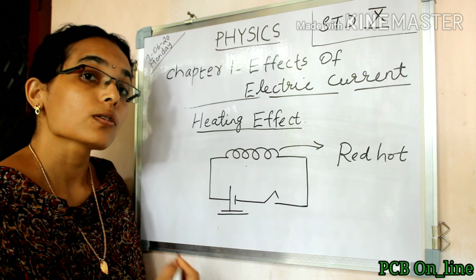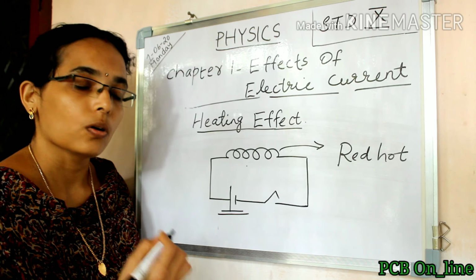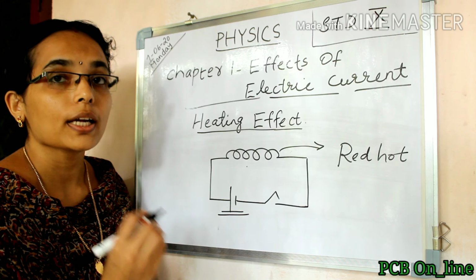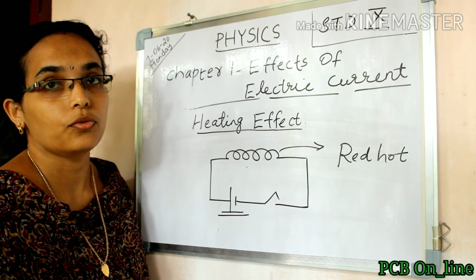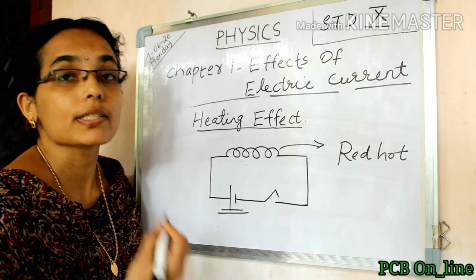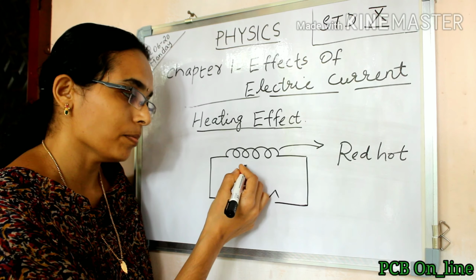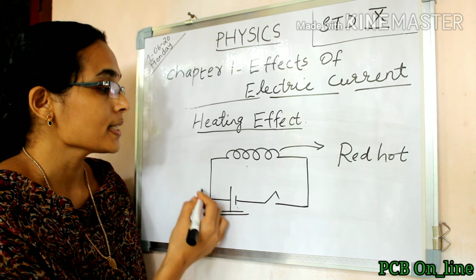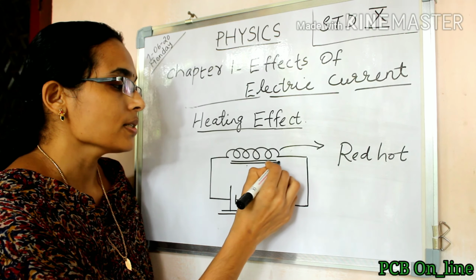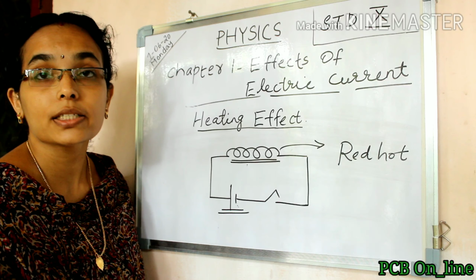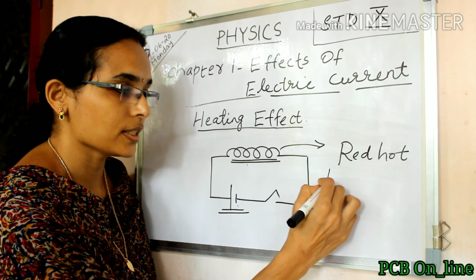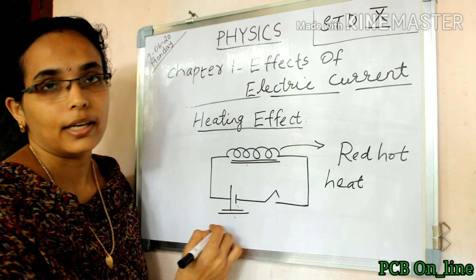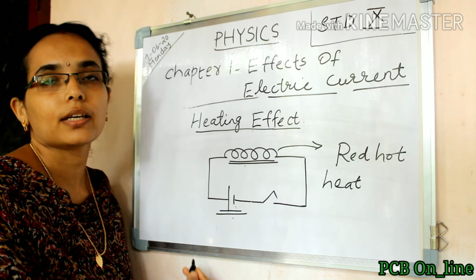We also have studied that energy can neither be created nor destroyed. Only it can be changed from one form to another form. Here also it is applicable. It is a universal law, so it is applicable here also. That means the applied electrical energy is converted when passed through this nichrome wire. That energy is turned into heat energy. That is, this heat energy is from the applied electrical energy. This is an example for heating effect of electric current.